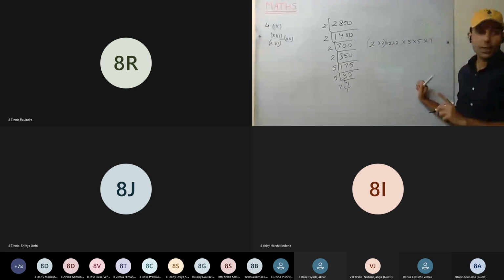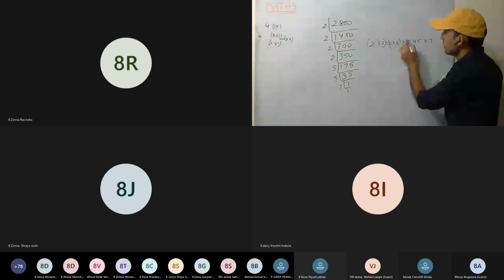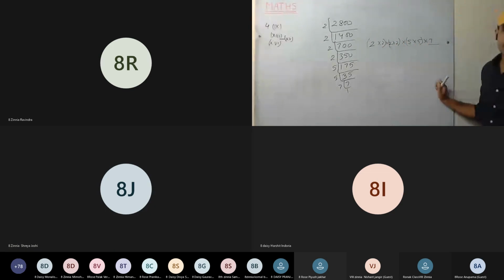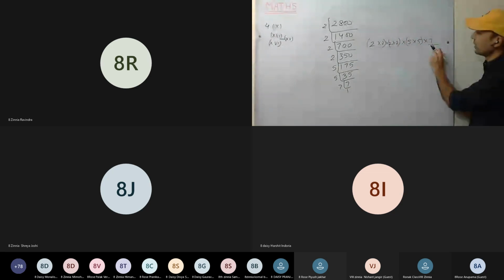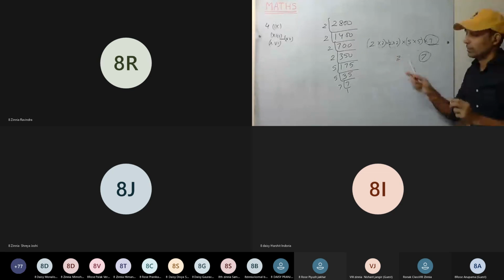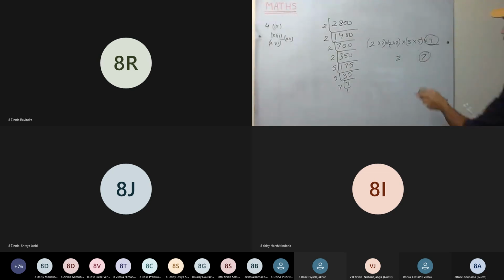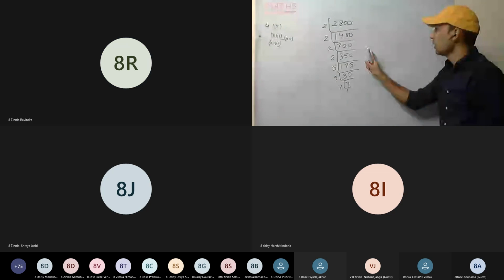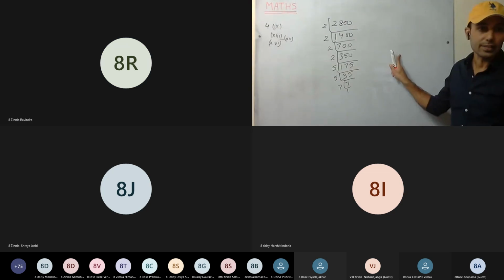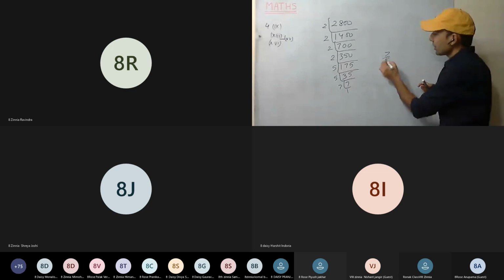Now, in squares, we have to make pairs. To find the square root, we have to make the pairs, and for cubes we make triplets. Now see here, 7 is single, we have to make it a pair. So by what must it be multiplied? 7. By what must it be divided? We have to remove this one, 7. So it is divided by 7. Okay, is this clear? The final answer is 7. See here, in the question what is being asked? By what it should be divided. That means your answer is that by 7 it must be divided. That's it.